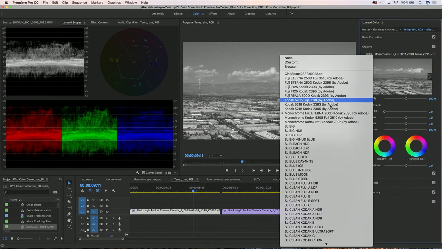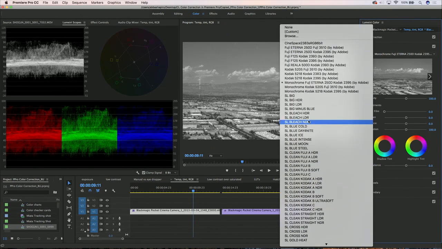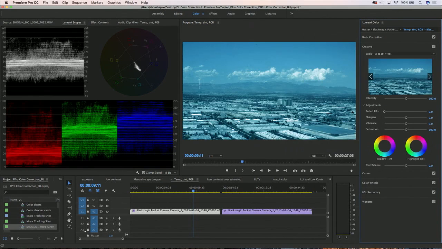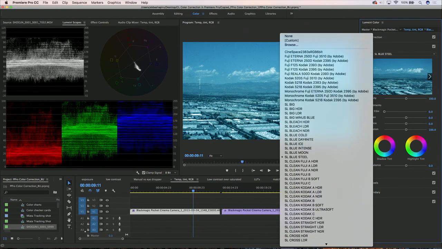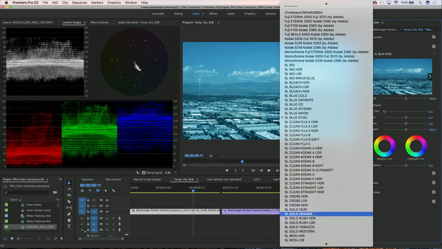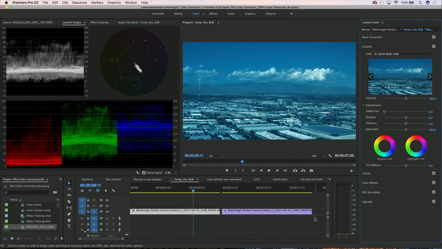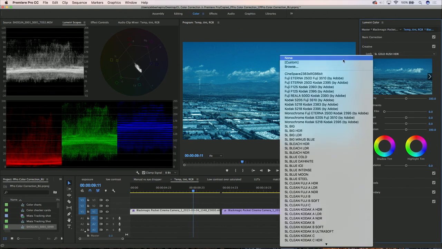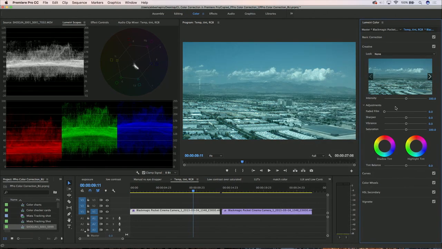I can also get these by scrolling down through this list. Okay, so I could say, you know what, I want blue steel. Let's try something golden. Gold rush high dynamic range. So it just puts a different look on it. I generally don't use this till the end because I do a lot more color correction, but sometimes you just want to do things quickly. It's stylistic. This is not a lookup table, it's stylistic. So I'm going to switch that back to none